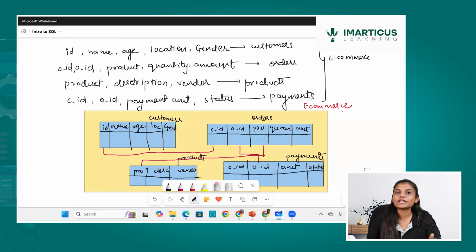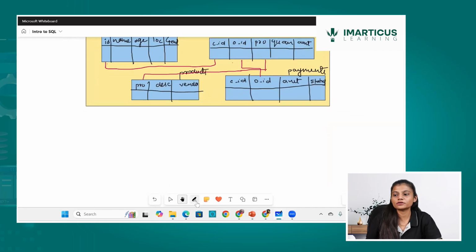As we know, the traditional way of storing data is in the form of tables, so whenever tables are there, you can call it a relational database management system. So let's try to understand a few properties of an RDBMS. Now, one thing with respect to an RDBMS is